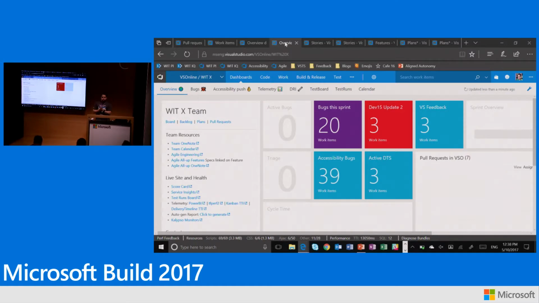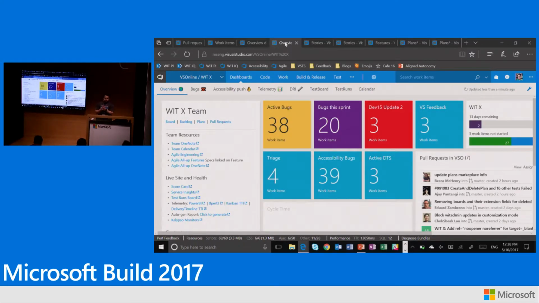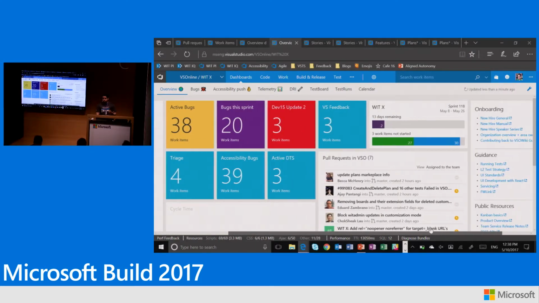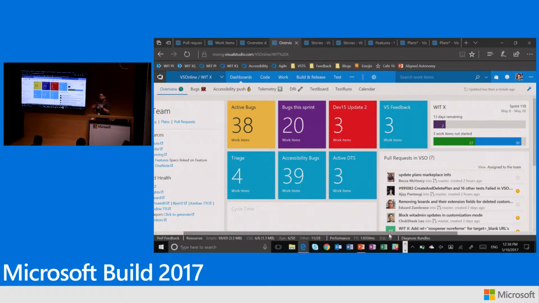Now, if I go to one of my colleagues' team, the WIDEX team, you'll see that they actually do similar things, but they're more sprint-oriented than we are. We like to think of ourselves more like Kanban. We have a prioritized list. We just tackle it as we can. We just move them across the board. Guess what happens when the item is completed? I pick up another one.